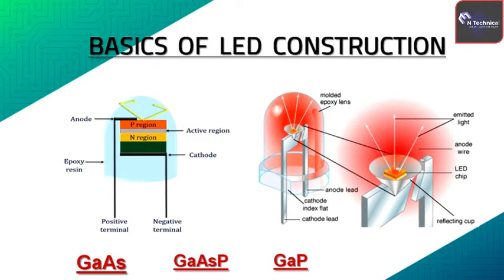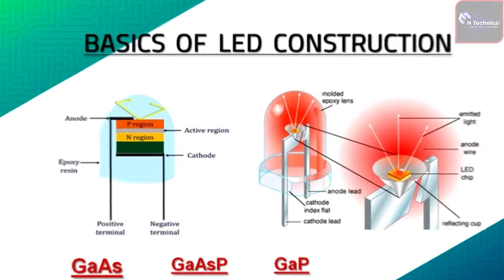We can see in the figure shown here that the whole structure is enclosed in an epoxy resin hemispherical shape. The reason to use this shell is to have maximum radiation emission from the top surface of the LED. Also, during emission, part of the light reaches the lower portion of the structure. So we use the gold film, which is showing the cathode connection over here, to have sufficient reflection from the bottom of the surface. This is the reason why we achieve maximum radiation emission from the top surface of the LED.